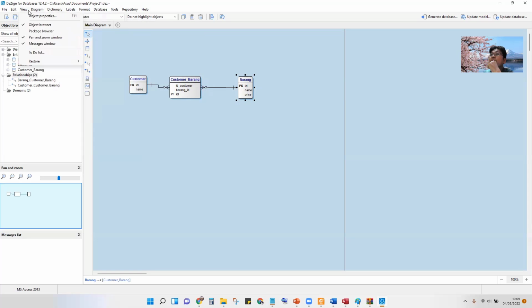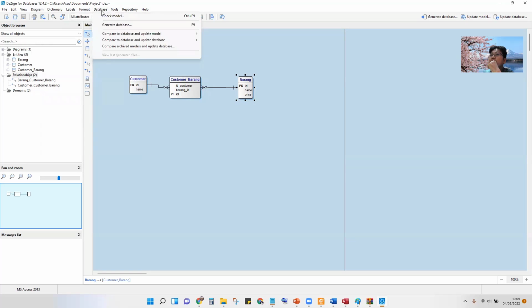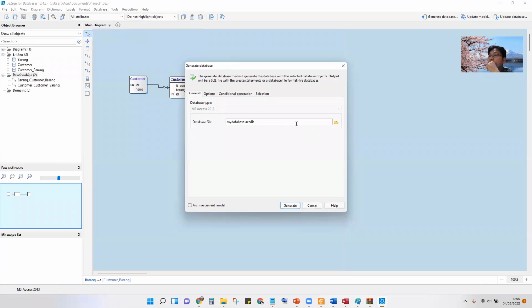Where is the conversion? The generate, no, this is the generate database. This is the result name. For example, we can change the name to seven sample. Then this is the location.